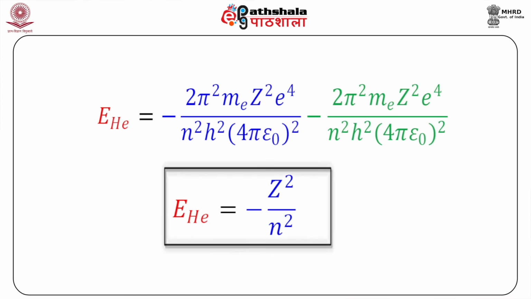E helium is equal to minus Z squared upon n squared, the expression that we have obtained